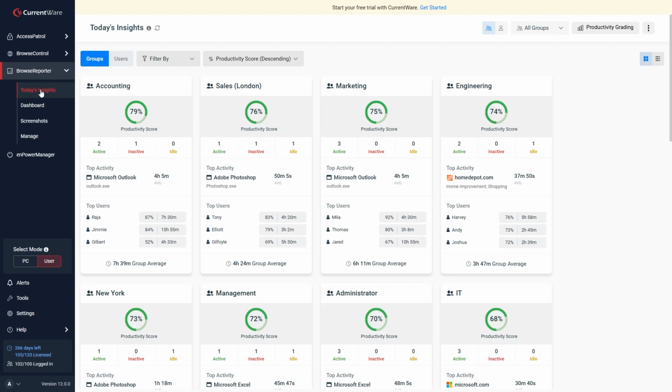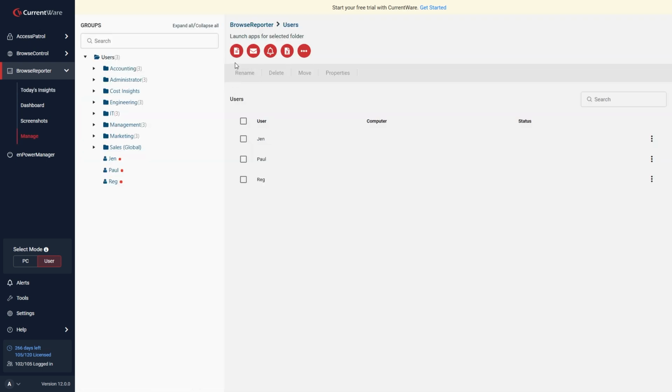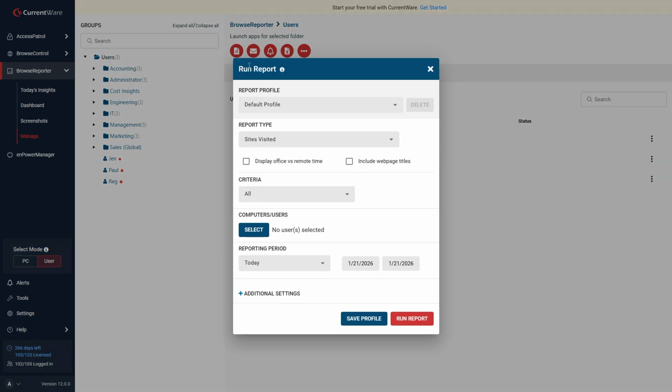BrowserPorter allows you to create reports on demand, at a set schedule, or when specific events occur. In this section, I'll cover how to generate a user activity report on demand in BrowserPorter. First, click on Run Report. Under Report Type, you will see the available reports. BrowserPorter's user activity reports have 5 distinct categories, each with their own reports: websites visited, categories visited, bandwidth usage, application usage, and utilization. For this example, we'll use the Sites Visited report.